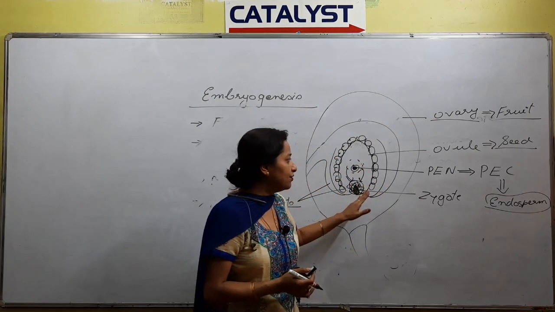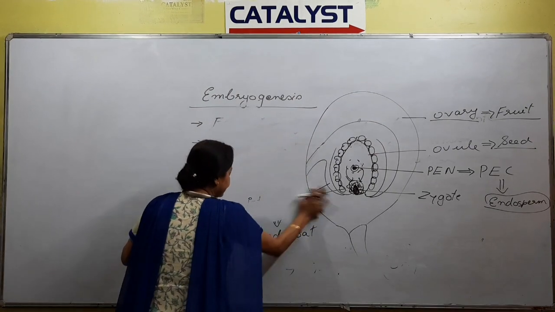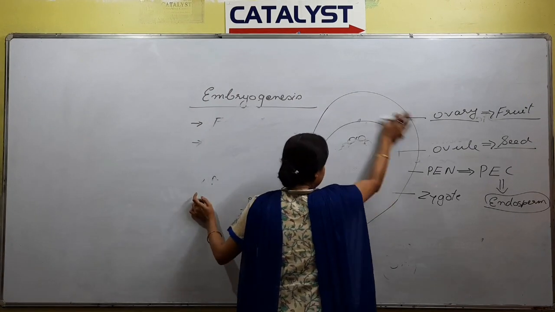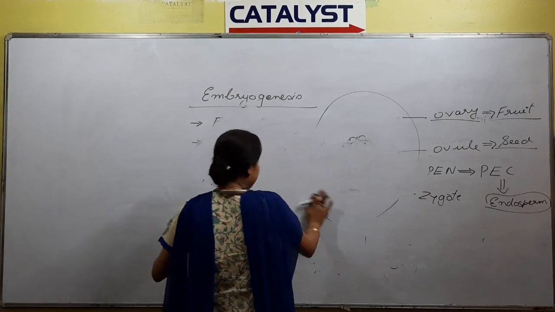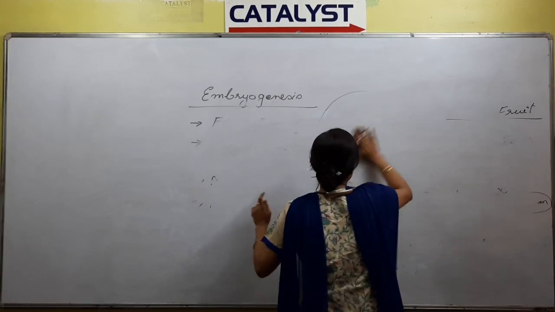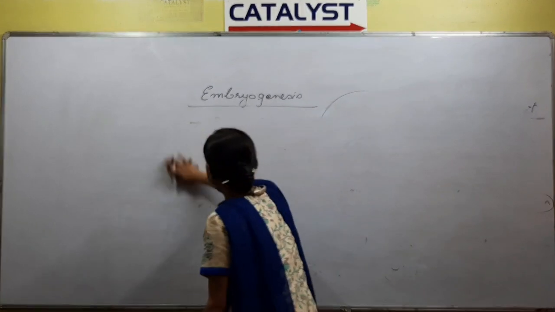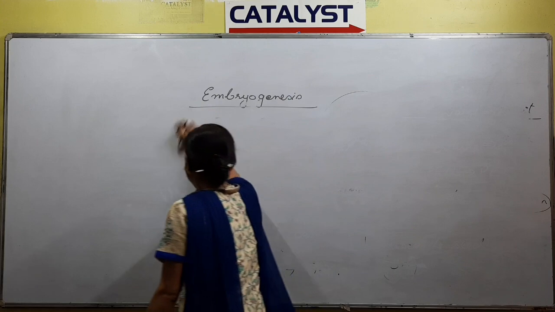And the endosperm, who does it give food to? It gives food to the embryo, right? So the details about this structure are present in the chapter on sexual reproduction in flowering plants. In that chapter we are going to do it in detail. We'll come back to this topic, embryogenesis. Next is